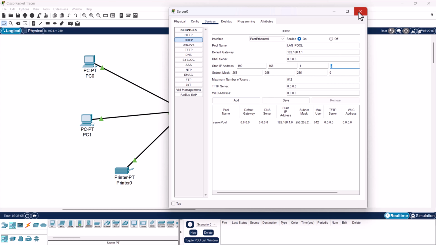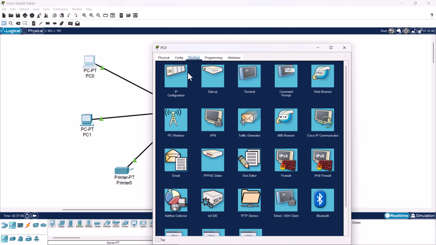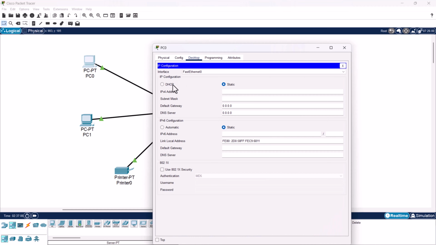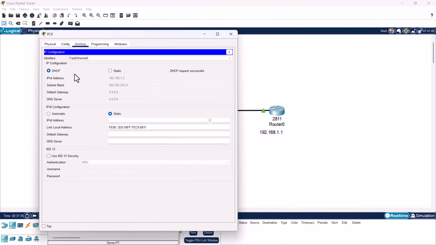and I will close this down, and now let's click into our first PC and let's click into Desktop and let's go into IP Configuration. Here by default it is set to static IP addressing, and here we will click into DHCP, and once we click into DHCP, that DHCP server, as you can see, assigned an IP address, and it assigned IP address 192.168.1.3, and this is a dynamically assigned IP address,